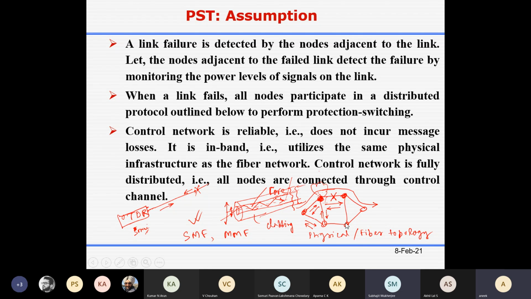So, sir, this control information is presented in the framing structure, right? Framing structure, yes. From time to time, one frame will be sent. Let's say this is your source, this is your destination, and this is your time axis.